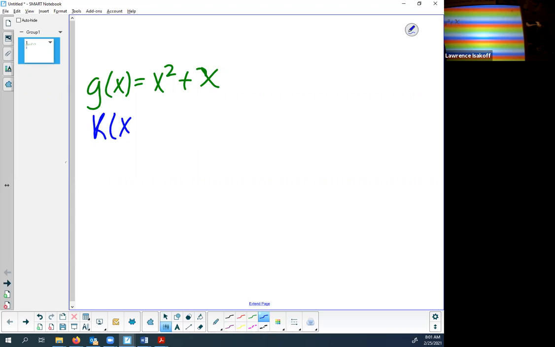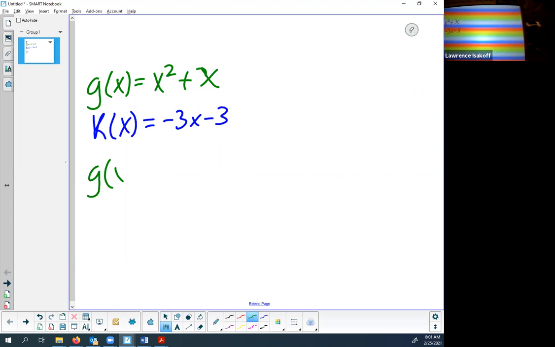K of x is equal to negative 3x minus 3. So since it says g of f of x,